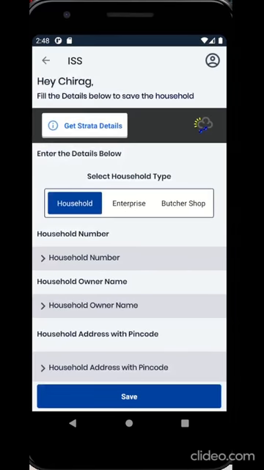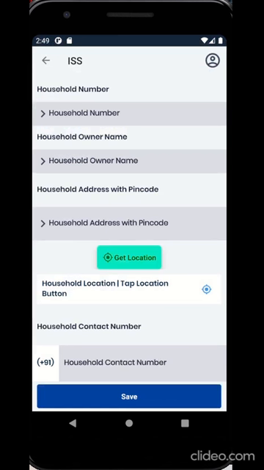Select the type of household. Click on Household or Enterprise or Butcher Shop to denote the type of household. Next, provide household number, household owner name, household address with PIN code. Click Get Location to capture the current location. Enter household contact number.